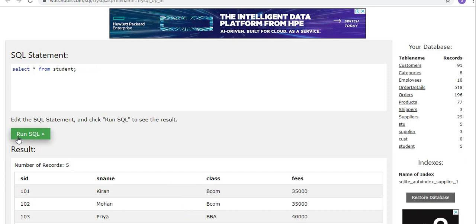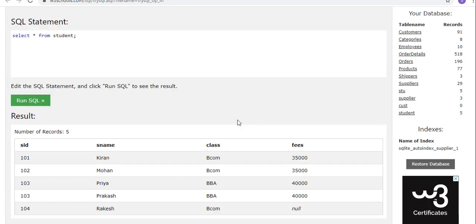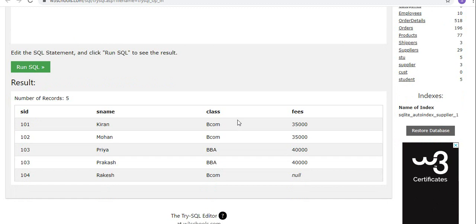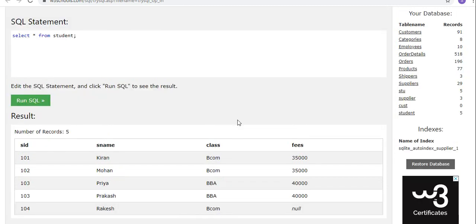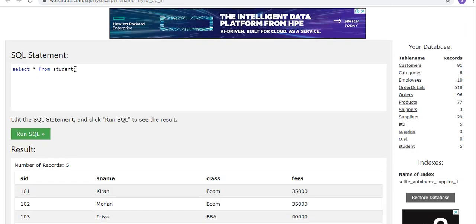Now I don't want to see all the rows. I want to see only the students who are from BCom. So select star from student. Here you have to write a condition, where class equal to BCom.